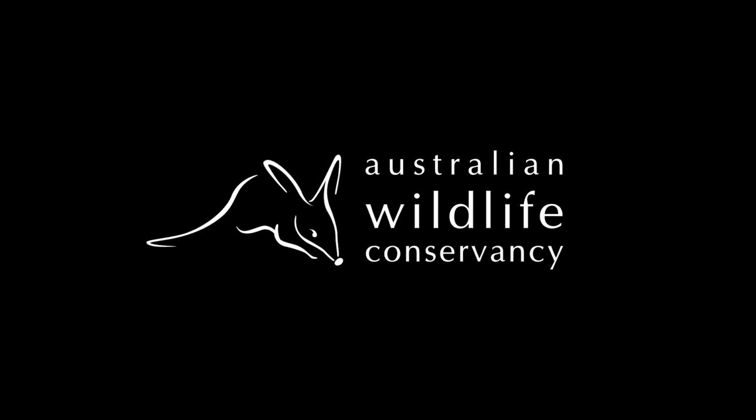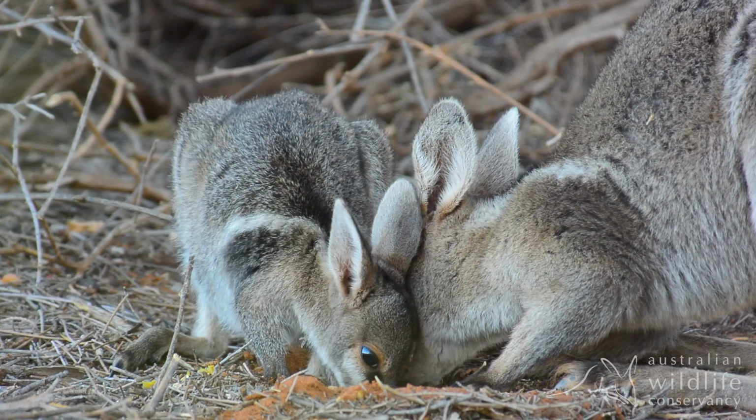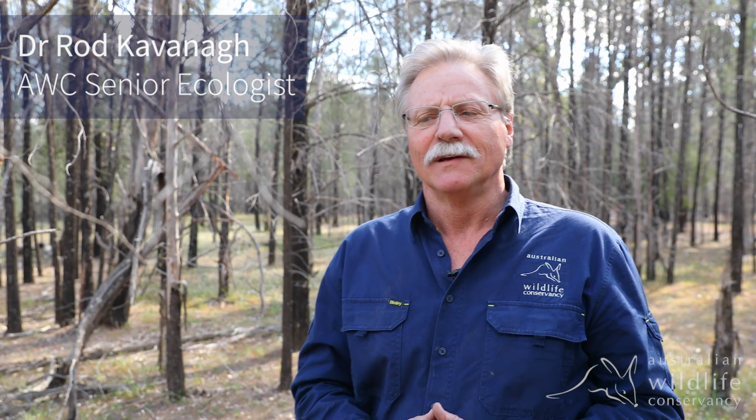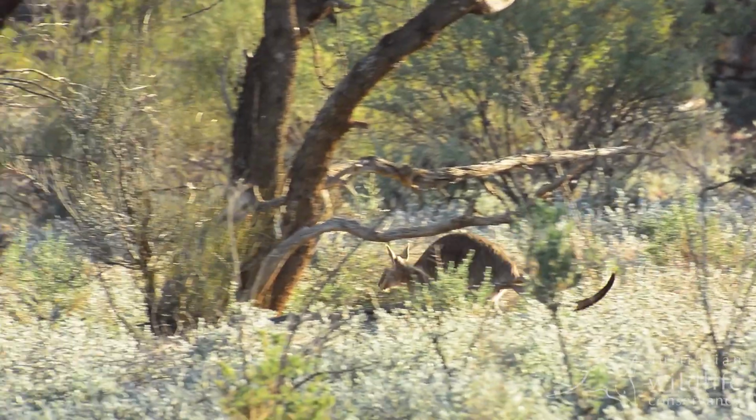The history of the Bridled Nailtail Wallaby, it's a very interesting story. It's an animal which appeared to be completely extinct throughout its entire range, certainly by 1937. There was a story in a magazine, Women's Day actually, where an article was published in 1973 mourning the loss